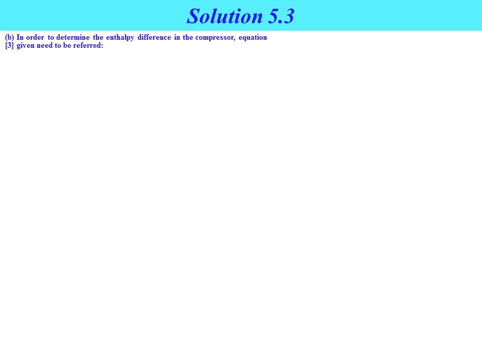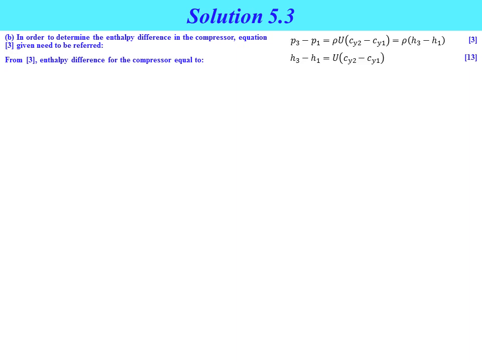Okay, for question B, in order to determine the enthalpy difference in the compressor, equation 3 given needs to be reversed, where P3 minus P1 equals rho U multiplied by Cy2 minus Cy1 equals rho (H3 minus H1), equation number 3. From equation 3, the enthalpy difference for the compressor equals H3 minus H1 equals U multiplied by (Cy2 minus Cy1), equation 13. So from the data given,